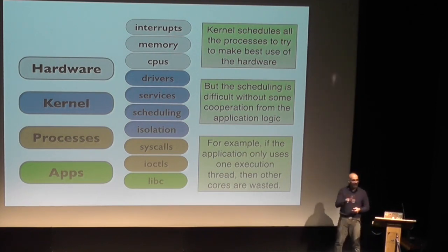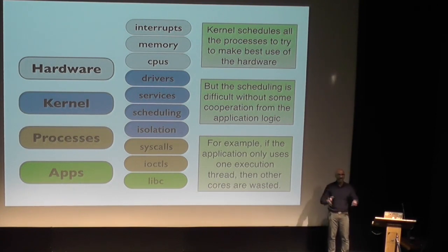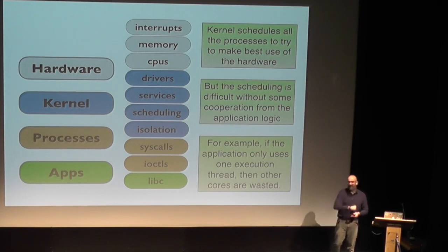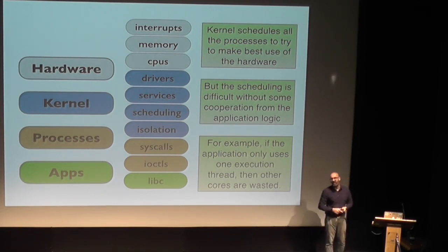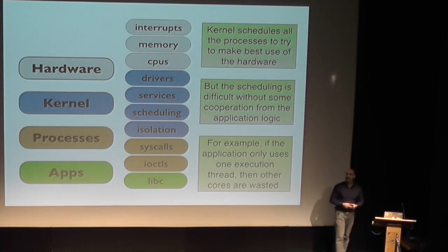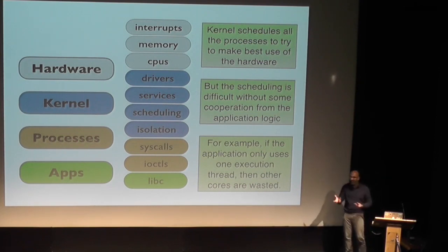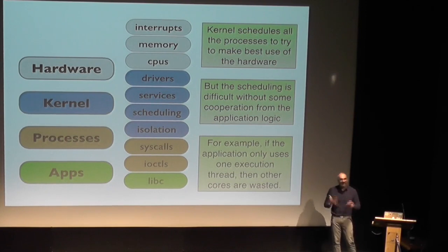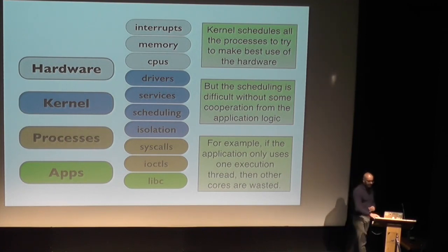And applications in the conventional world are extremely uncooperative. They're demanding. They're like a small child just sitting there, insisting on getting some resources, spinning away, trying to take as much of the CPU time as they can, and they just don't care or indeed know about what is happening within the kernel. So there's a real lack of cooperation happening there. And so, for example, if you write your application, say in Node.js, and you're only using one core, then the kernel cannot magically lift that logic into working across multiple cores. The resources will just be wasted.